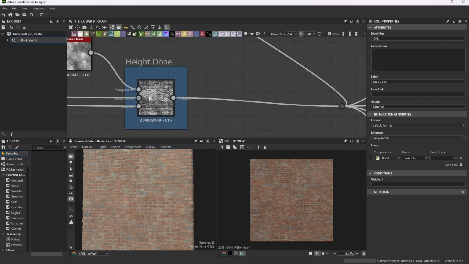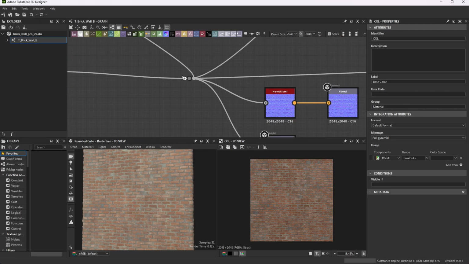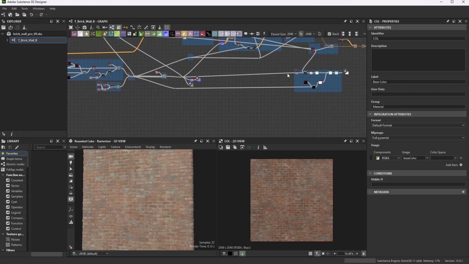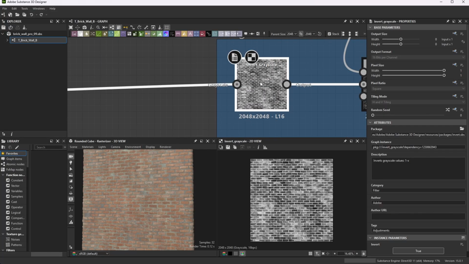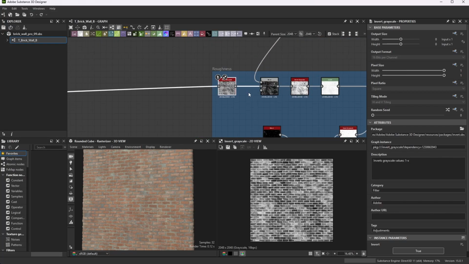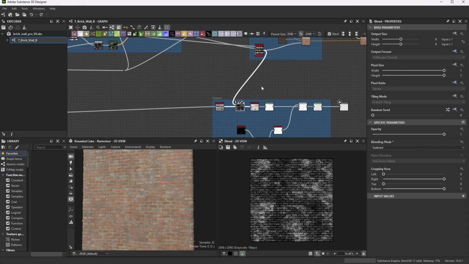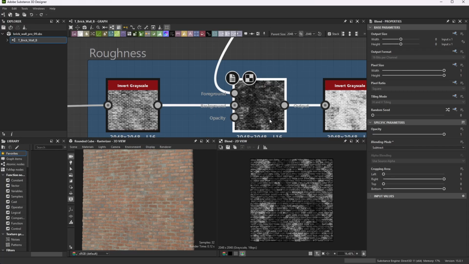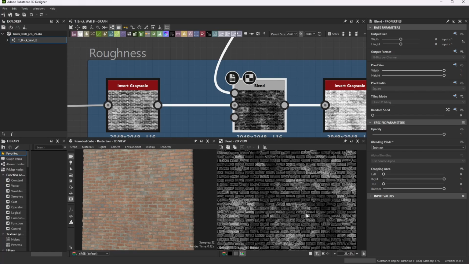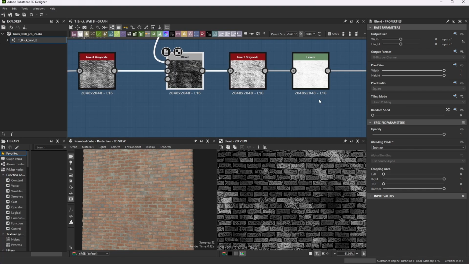We're going to start with our height done here into this pin. Remember, it splits a million times. We'll run that all the way over here into an invert grayscale, because I want to invert it. And then I'm going to blend it with my dirt. So we're going to use subtract. We'll pull the dirt map into here, and we'll subtract that over our invert grayscale, and that's what it'll give us here. Then I'll invert that